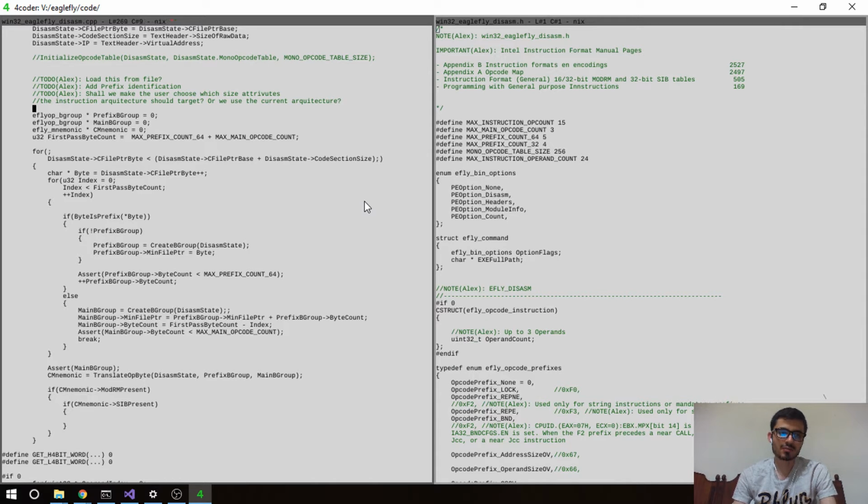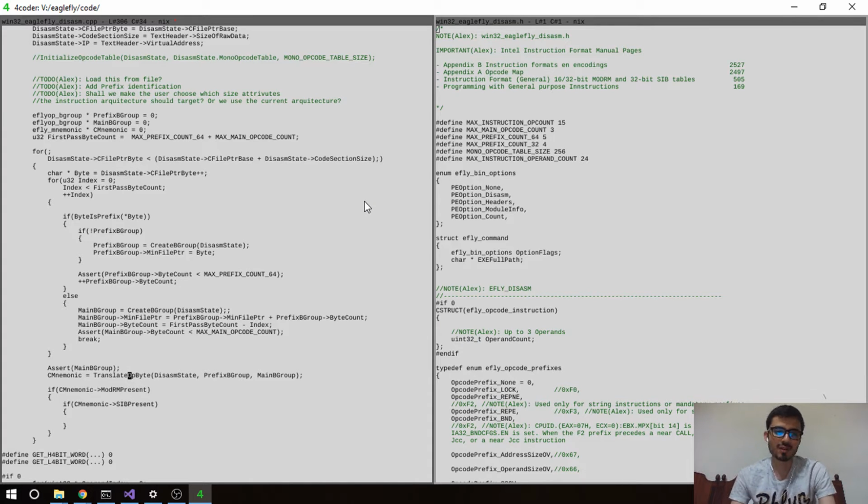Let's say we have two groups right now, the prefix and the main byte. Each of these has the semantics, or the boundaries of each of the groups, in bytes. So after we define the groups, we pass them to the translator,